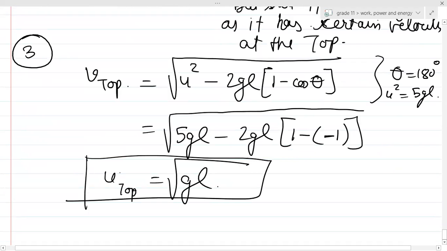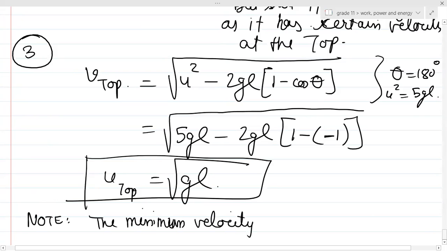Now you are getting the case from your school. Why did the teacher take the tension as 0? Why did the teacher take the velocity as under root of 5gl? Why did the velocity become under root gl at the top? Now is everything making sense? Yes or no, guys? Yes, sir. So what is the minimum velocity? The minimum velocity